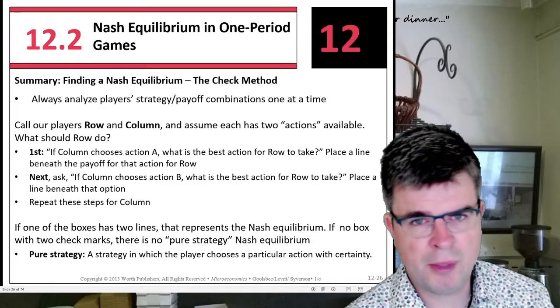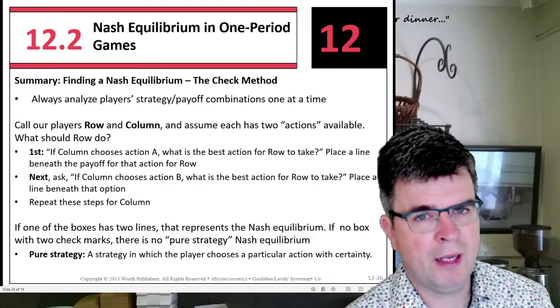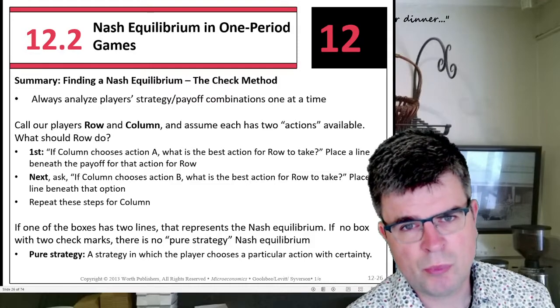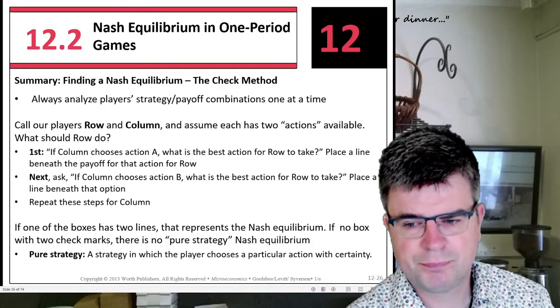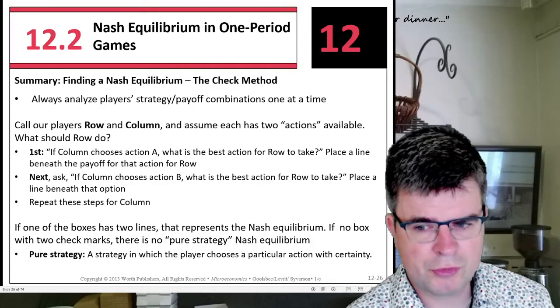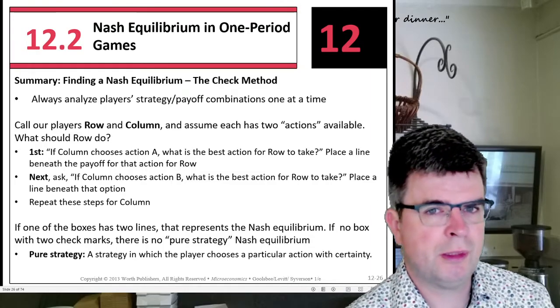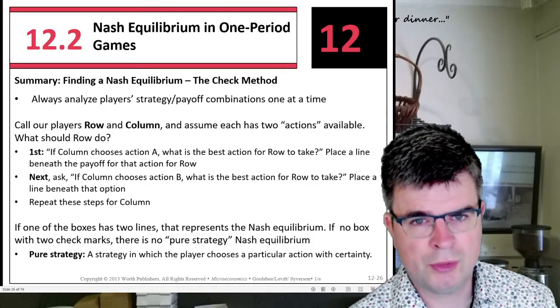And in that case, we have a game with multiple equilibria. So importantly, a game can have no Nash equilibrium in pure strategies. It can have one unique equilibrium, and it can have multiple equilibria. So what is a pure strategy? It's the strategy in which the player chooses a particular action with certainty, either top or center